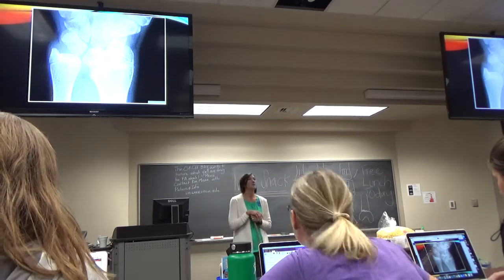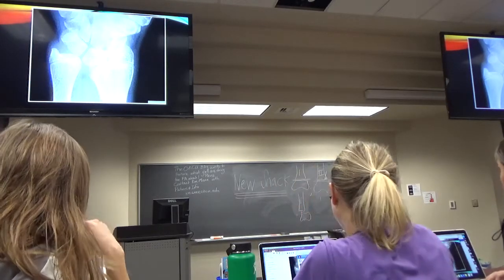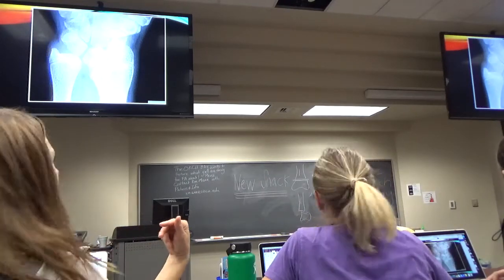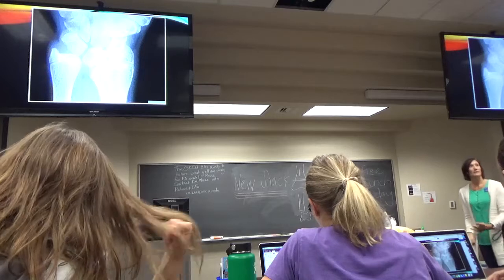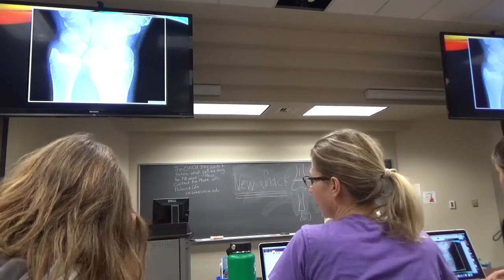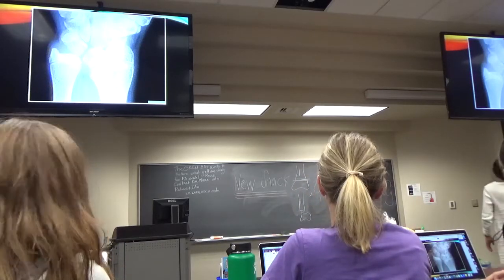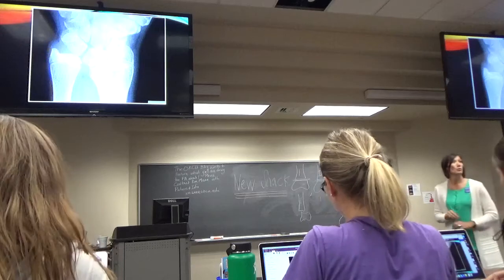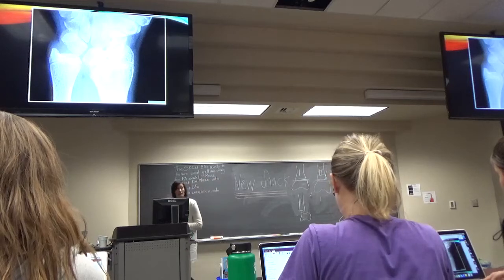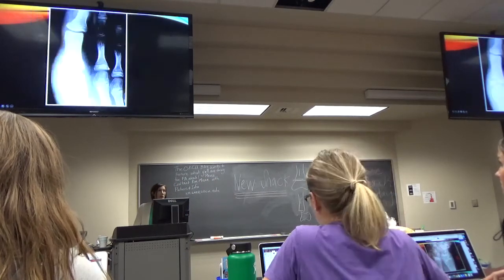So this patient, this is tricky. This would have fooled me in my first 6 months of orthopedics. You can clearly see the growth plates are open. So compare the ulna to the radius. The growth plates are open. It looks really open and more open on this side. I think this is a crush to that portion of the radius. What do you think? So this is probably a 5, but it's just affecting